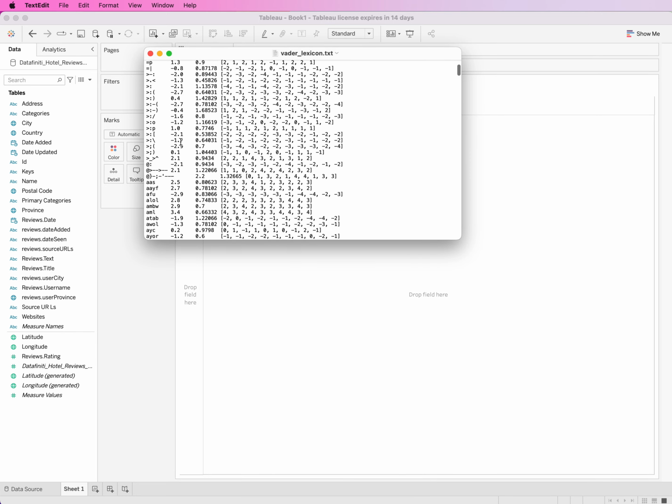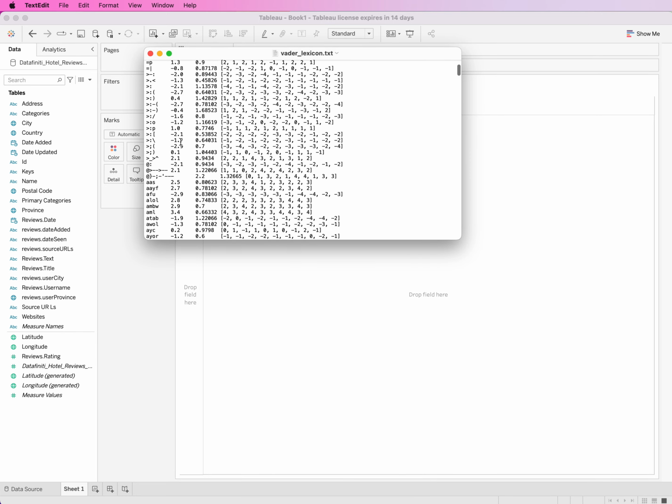So if somebody uses, say, the word "gr" in their review, then you see it has a value of minus 0.4 associated with it. If they use the text "great", gr8, then that's a value of 2.7. Okay, so what we're going to do is